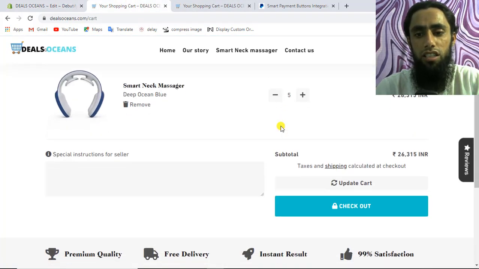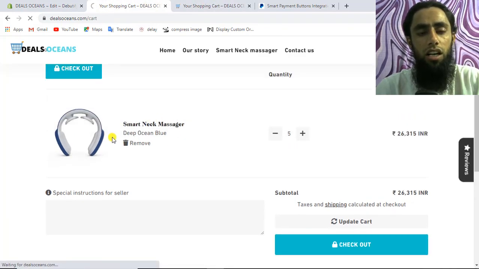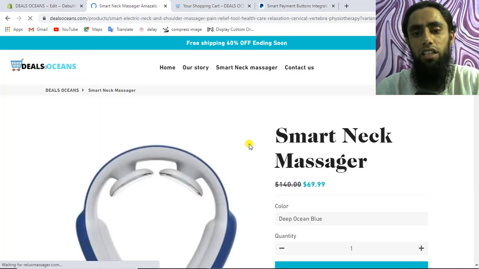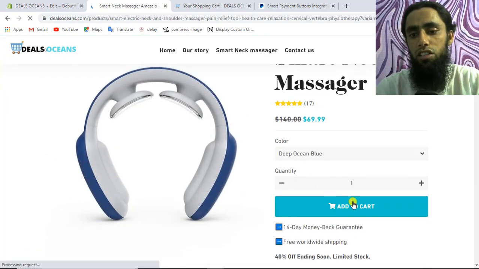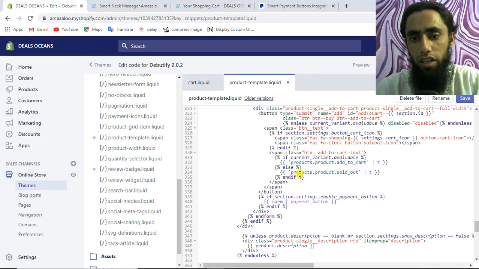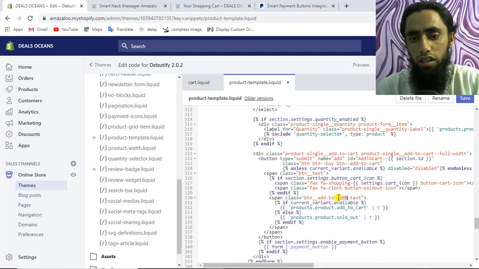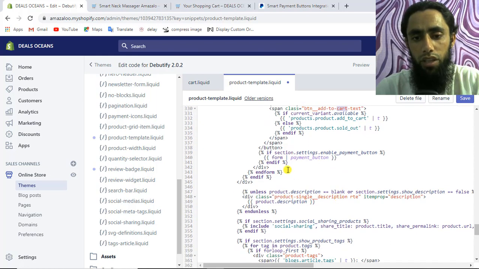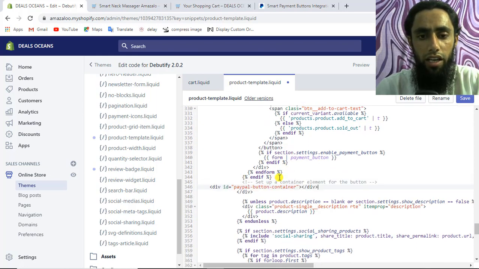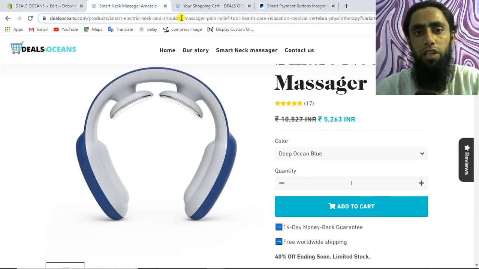Here you can see that these are all the cart page. If I click on this product, then we will get the product page here. You can see that this is the product page. We are interested in adding those buttons above the add to cart. All right, so let's find out the code here. You can see that we have the code of add to cart, and we can place that one over here, line number 345. So for example, I am leaving it for now on this line, and then let me refresh this page.